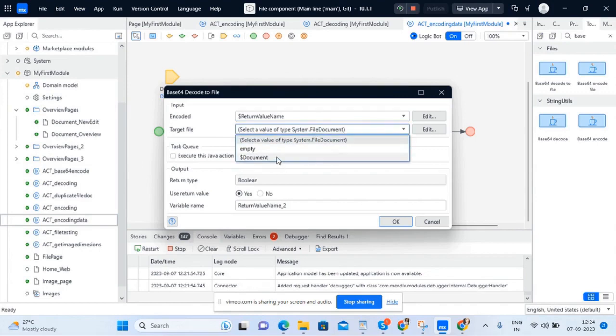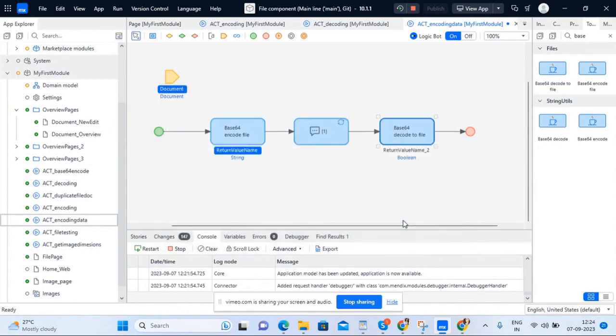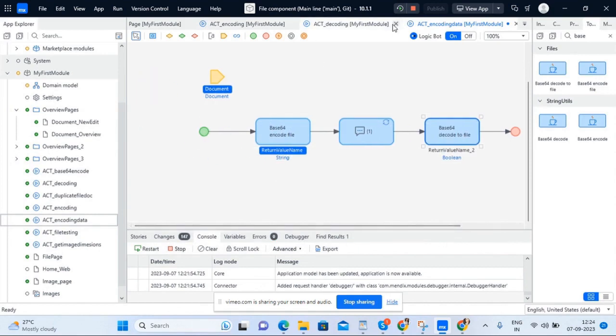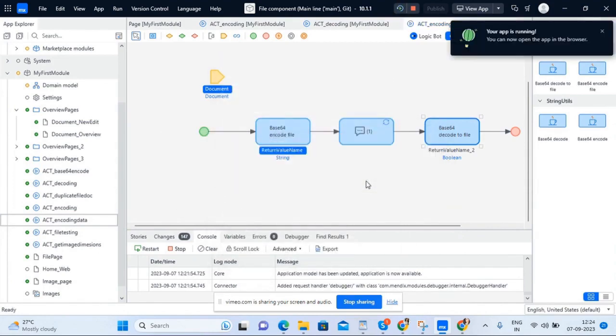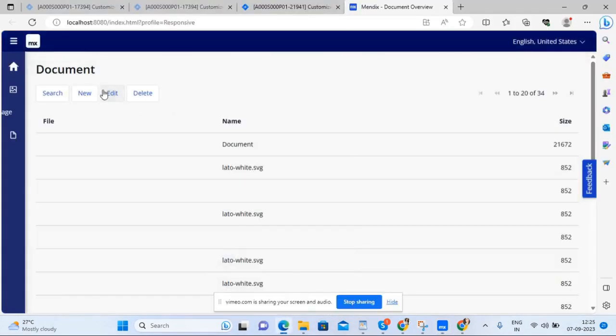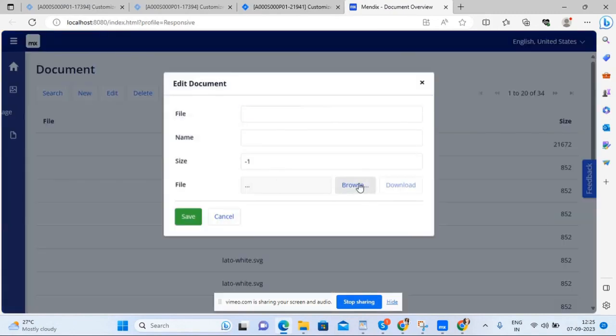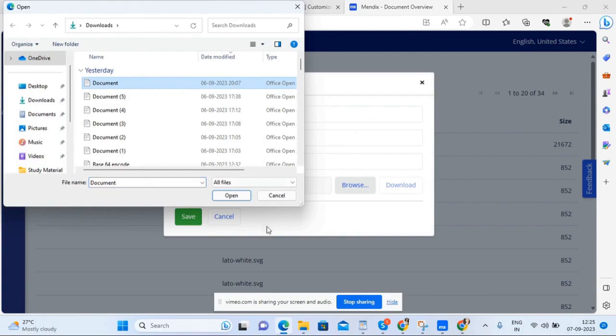The target file I am giving as a document, the return type would be boolean, and the variable name is return value name two. Okay, so I will run, again I will